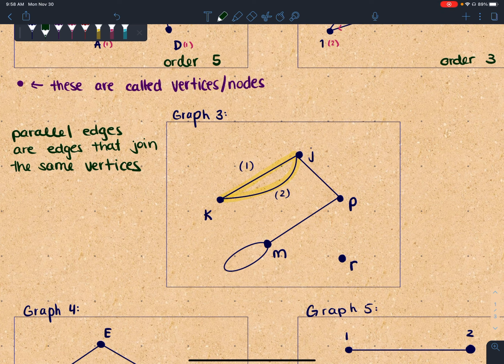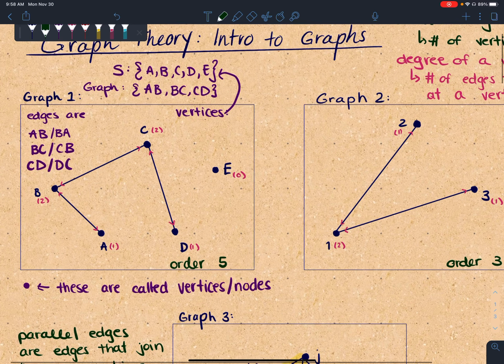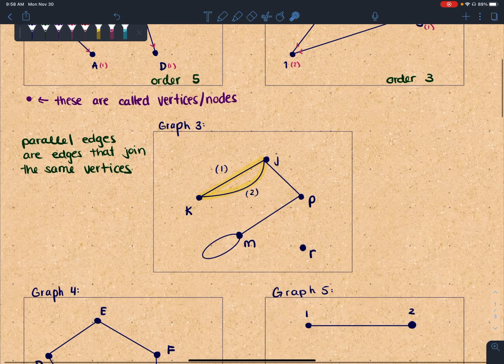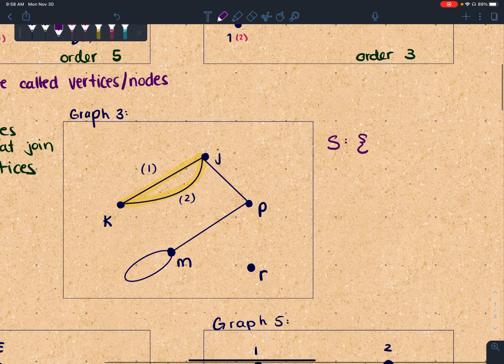So if I wanted to do that same thing, so what I did over here, and describe my set of elements within this graph and then describe all my edges, the way that I would do that in this case, so we'll do that here, our set, so here we are listing all of our vertices. So we have K, J, P, M, and R. And now,